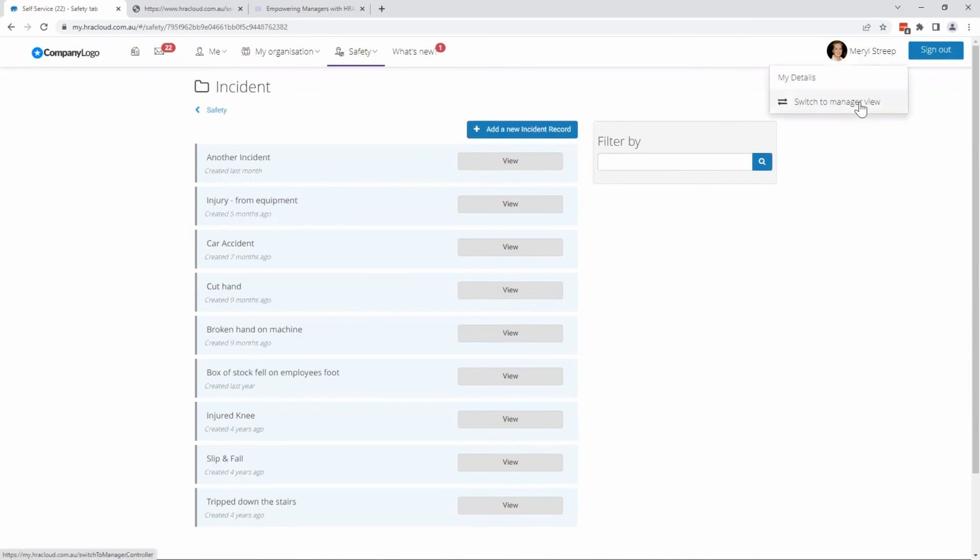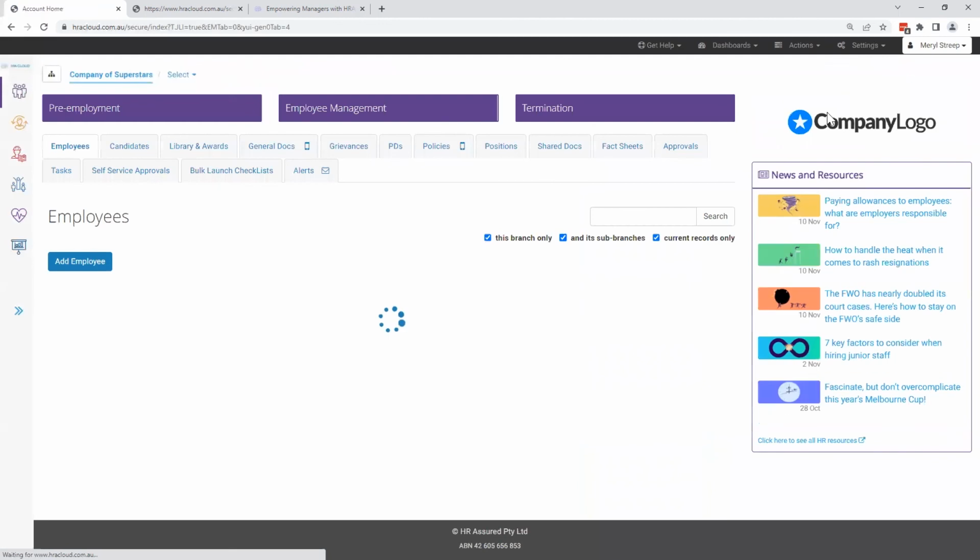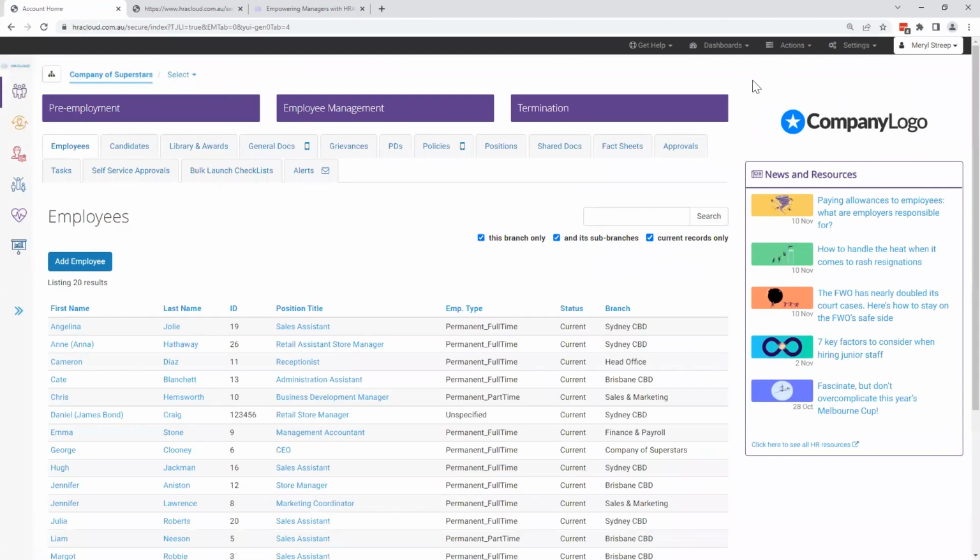So let's jump back to that management side and discuss how you can give your employees access to ESS. There's a couple of different ways that you can provide workers with access to ESS, depending on where you are on your journey and what you're needing them to do in ESS initially. When you're first setting up your account and launching ESS to your current employees, you'll most likely send them the registration link via email, and this is covered in the second of the setup training sessions.